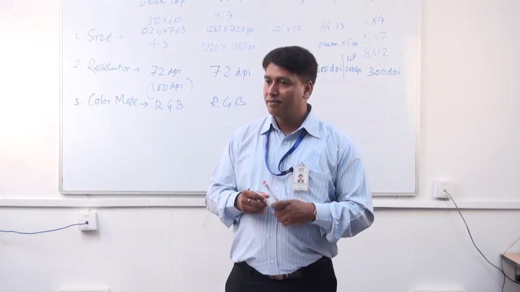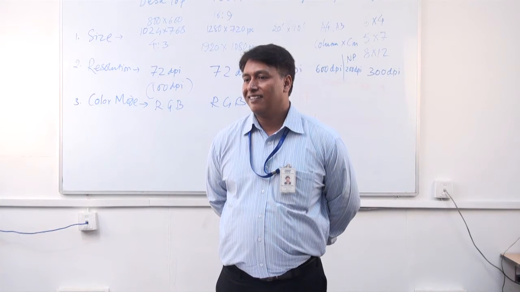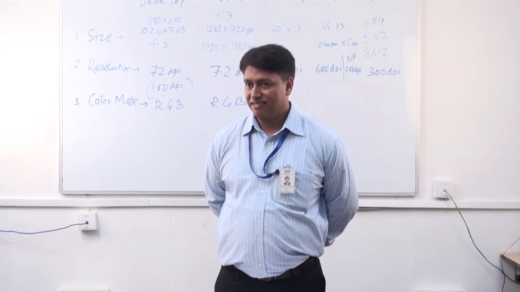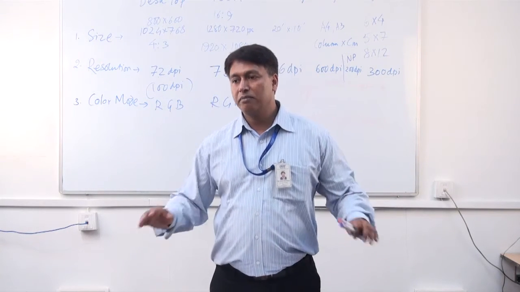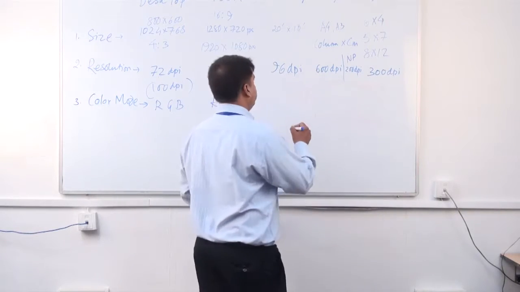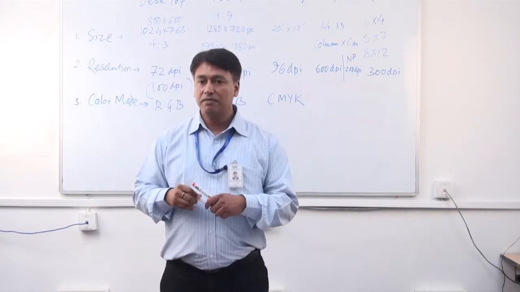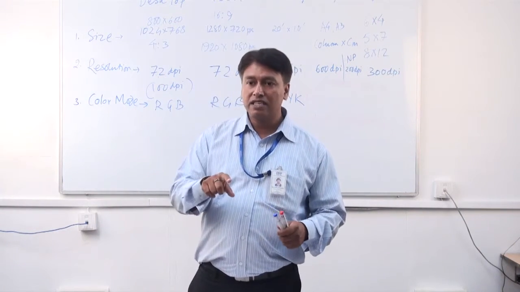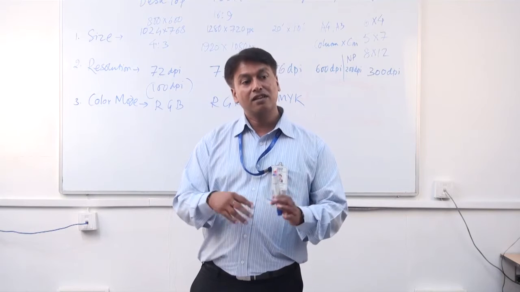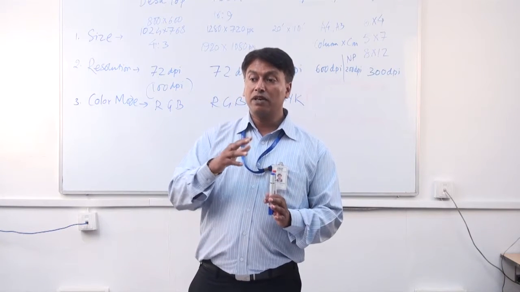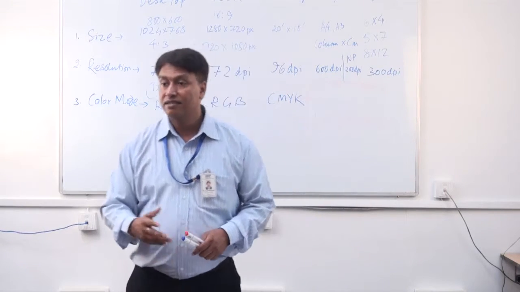Because it is bigger, and all the hoarding printing plotters work on CMYK mode. So when you give graphics to them, it has to be CMYK. If you give RGB, they will convert it into CMYK, and what all you have designed will distort. The colors will change when you transform it from one mode to another mode. So be sure when you are designing for a hoarding, it has to be CMYK.